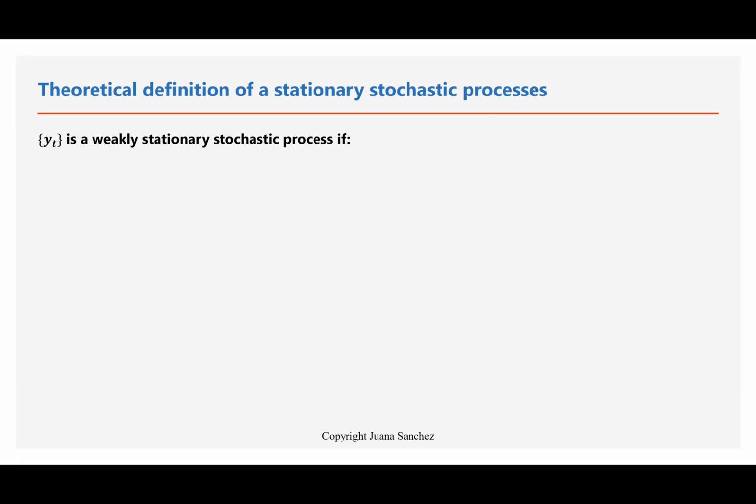And that should not be a plural there. It should be a stationary stochastic process without the S at the end. I apologize for that typo. So a Y sub T, a stationary stochastic process, is a weakly stationary stochastic process if the mean